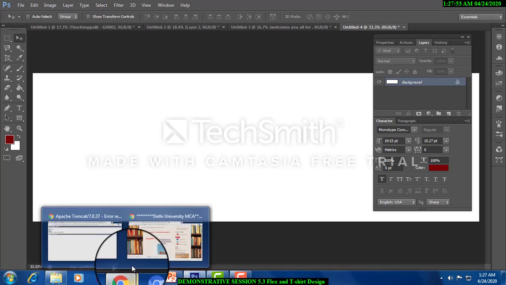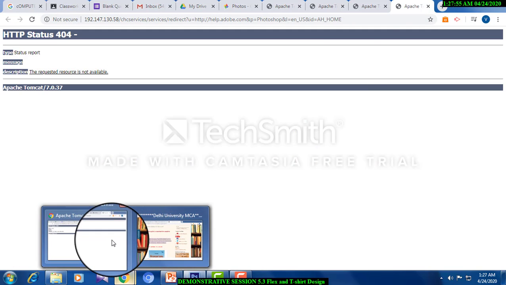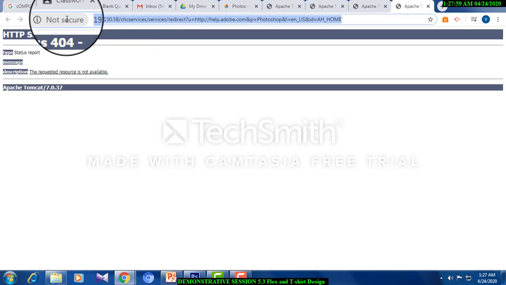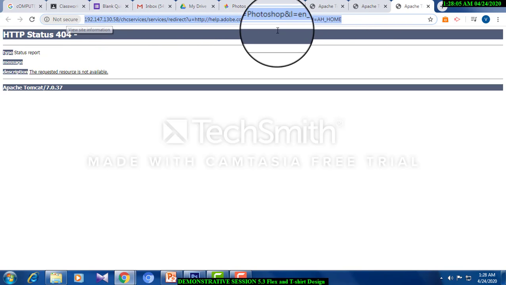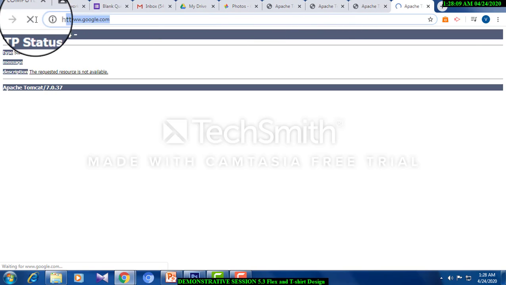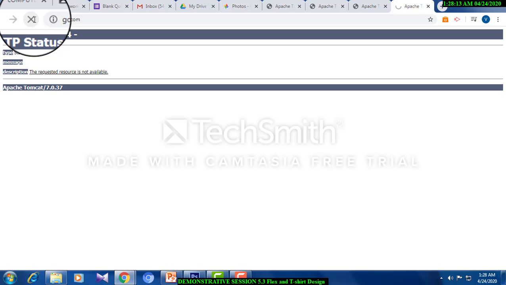Now go to the internet, go take some t-shirts. Model t-shirts that are available. You can choose some model t-shirts and design whatever that you want.